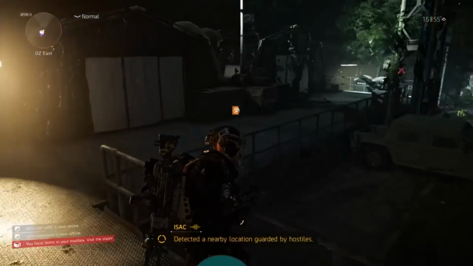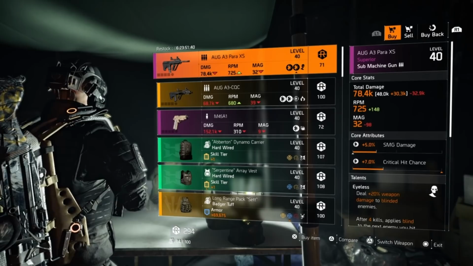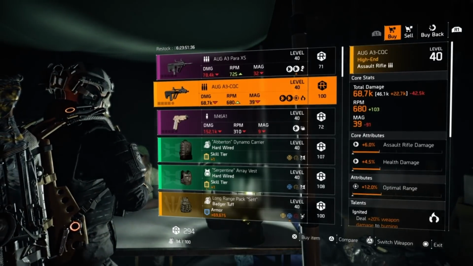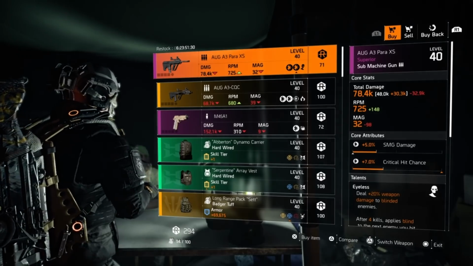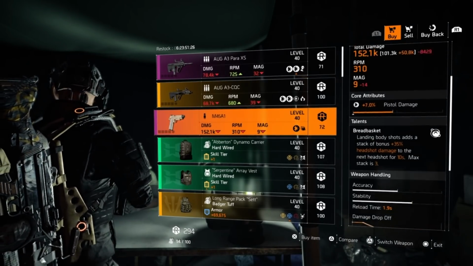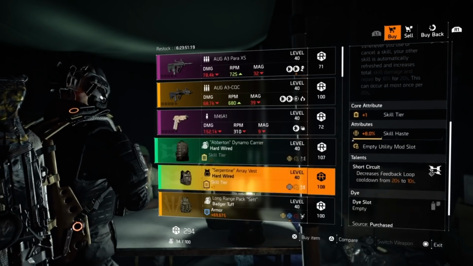On to DZ South. Alright, we are up here in DZ South. We have a superior AUG A3 Para XS with Eyeless, an AUG A3 CQC, which is the assault rifle version, which is different from the Para, which is the SMG version. This one has Ignited, an M45A1 with Red Basket, a Hardwired backpack with +1 skill tier, 8% skill haste, Hardwired